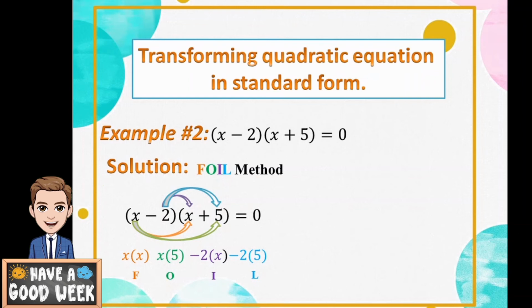Simplify natin yung kada equation na yan. So, para ma-simplify yan, x times x, that is x squared. X times 5, positive 5x kasi both positive, diba? So, positive 5x. And then, negative 2 times positive x, negative 2x. And negative 2 times positive 5, negative 10. Okay? So, observe we have the quadratic term, linear term,